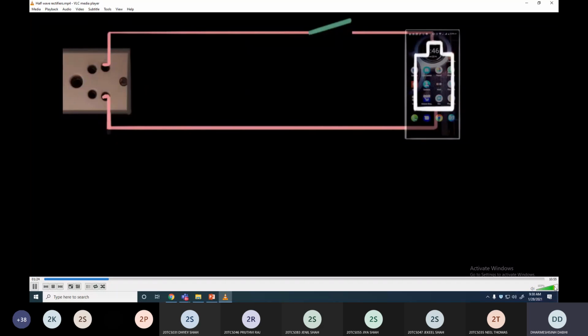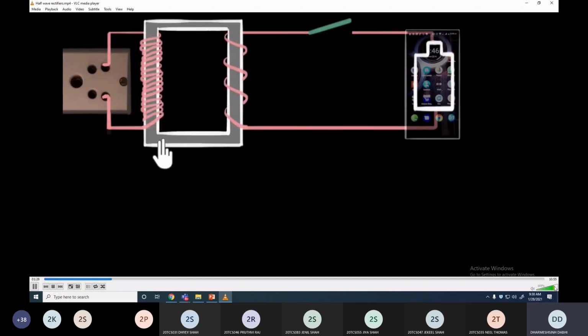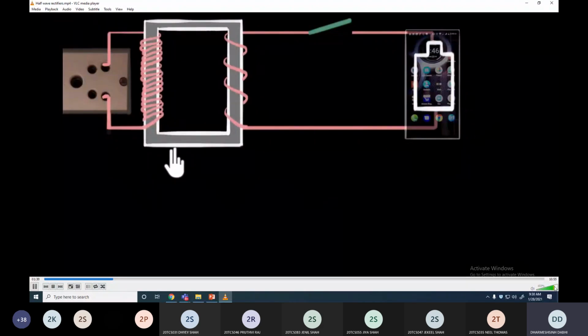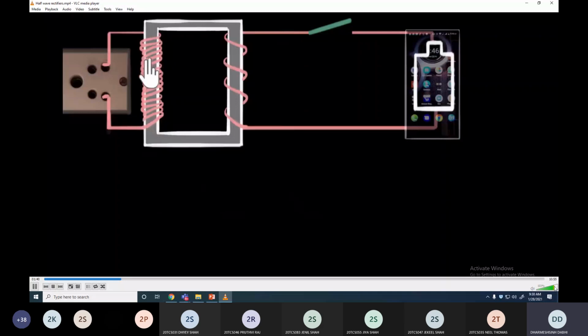And that's done by using a device called a transformer. Now you may have already learned about this or may not. It doesn't matter because we don't really care about how this works. All this does is it lowers the voltage. That's all that matters. We don't have to worry too much about what it is. So maybe the voltage over here is 200 volt alternating. The voltage that we might get over here would be 5 volt alternating. So that problem is solved. Don't worry too much about that. Now comes the big problem.